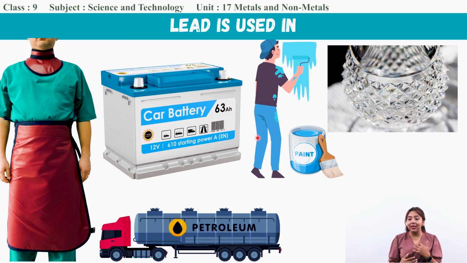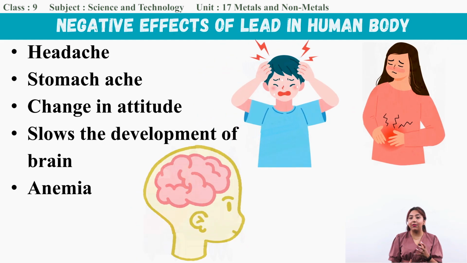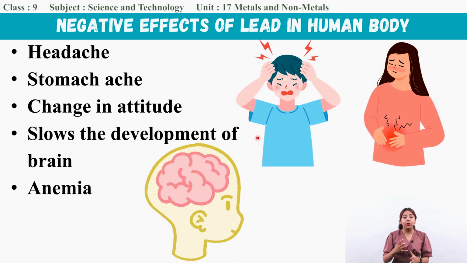Now lead has many negative effects in our body, and lead tends to affect children more than adults. So what negative impact it does is we might suffer from headache, stomach ache, our behavior and attitude may also change because it also slows the development of our brain,